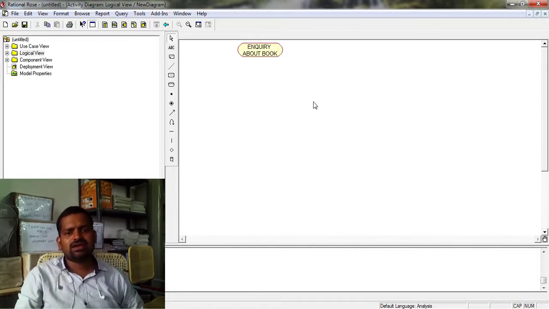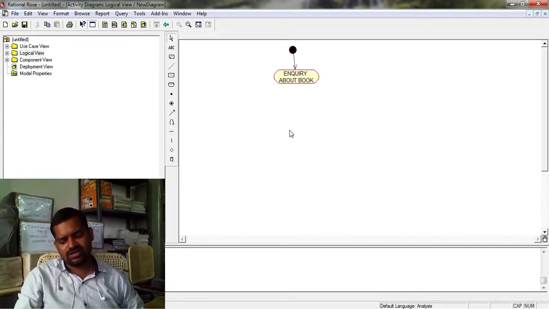Before starting the activity diagram, every activity diagram begins with a single start symbol. From start to the activity, you draw like this.